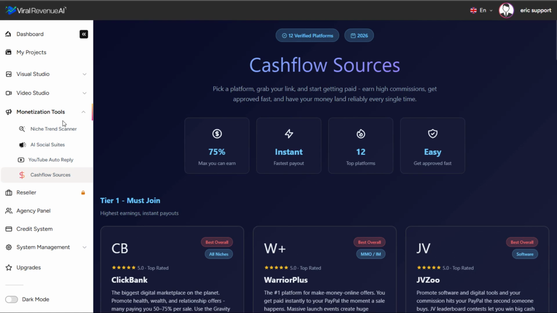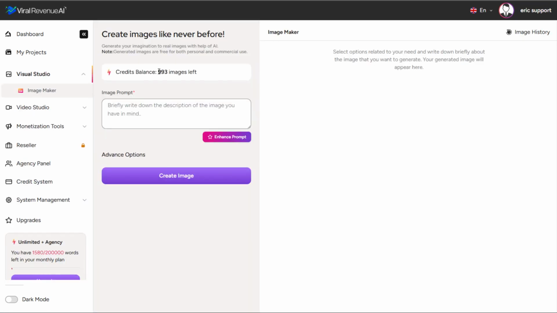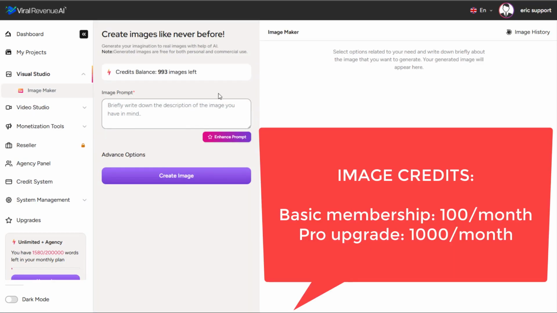Next, let's take a quick look at the features of the Pro Elite Automation Suite. This is an incredibly valuable upgrade package. The first thing to keep in mind is a majorly upgraded allowance of credits. You'll have way more credits for creating images. Now, because the cost of these technologies and credits can change over time, what we will do is put it here on the screen. What you see on your screen right now is the increased credit allotment with the upgrade